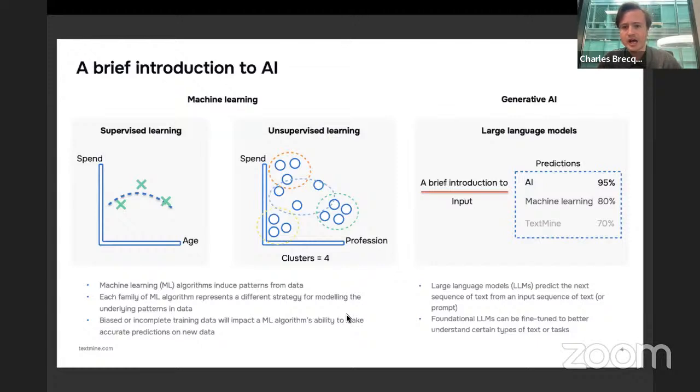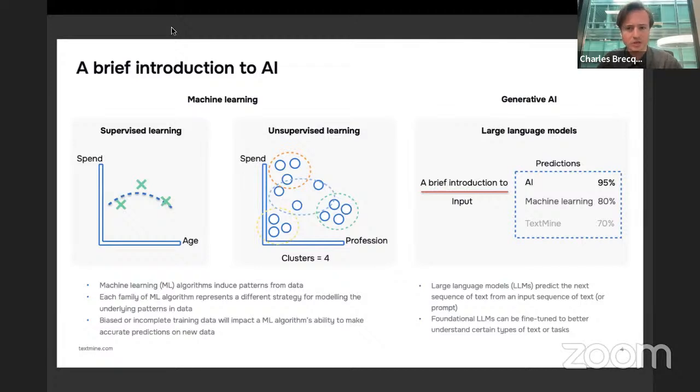Generative models follow a similar approach. They're trying to induce patterns, but especially large language models, which are a type of generative model focused on understanding text, are actually looking to complete sentences or complete text-based inputs. As a result, they're generating content as opposed to machine learning models, which are more focused on identifying patterns.